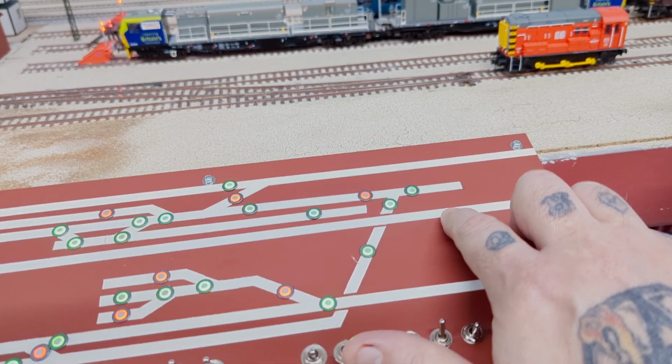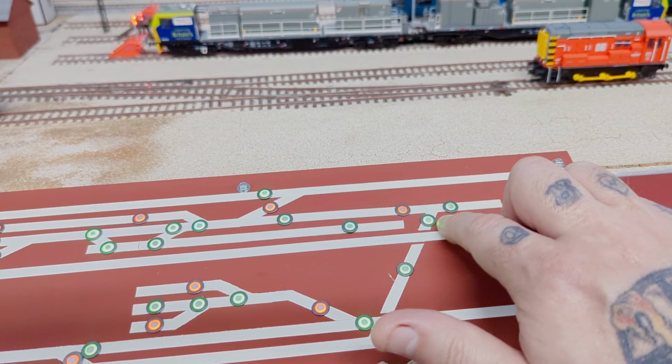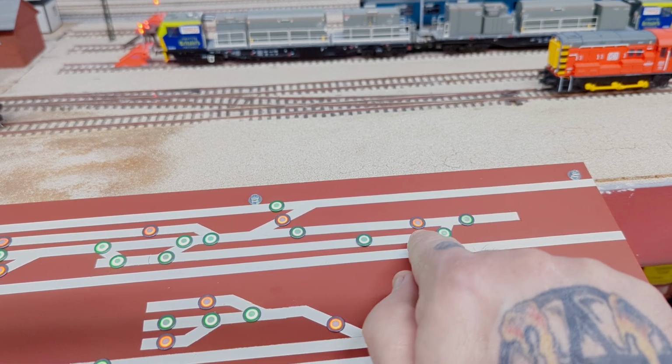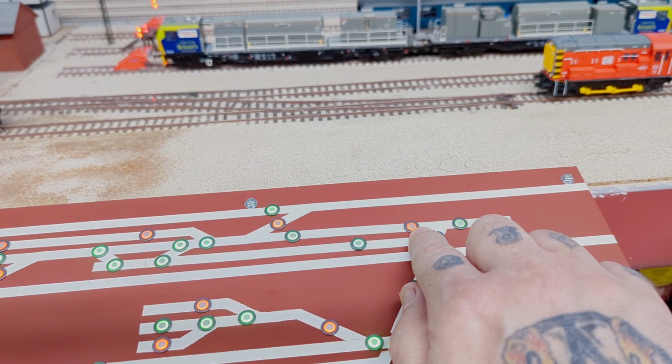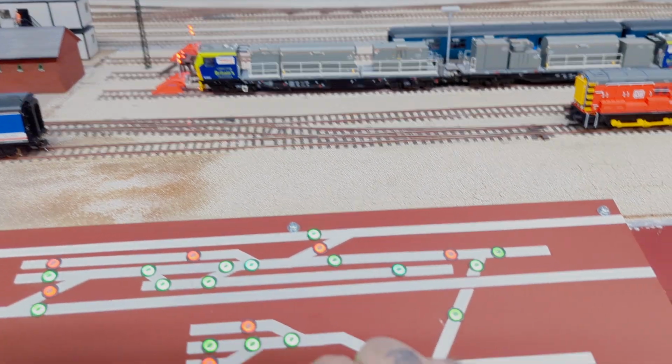the top. So at the moment the point is set to the diverging route, if you'd like. So that red light there tells me not to drive anything down the incline because the point's set against it. But if I switch it the other way,